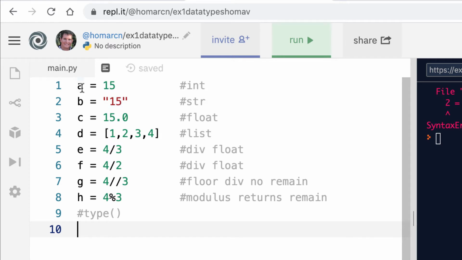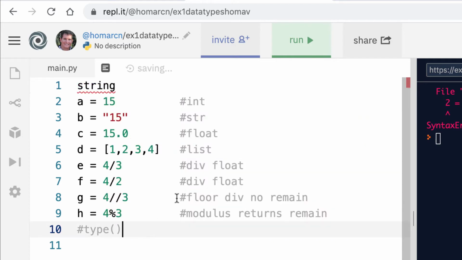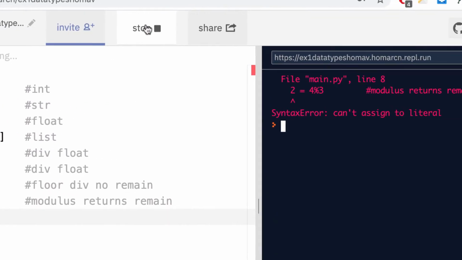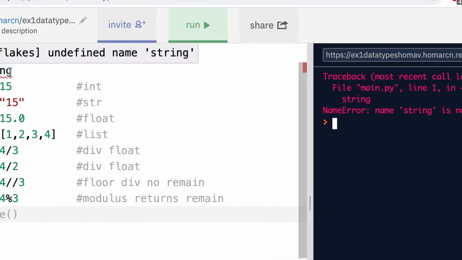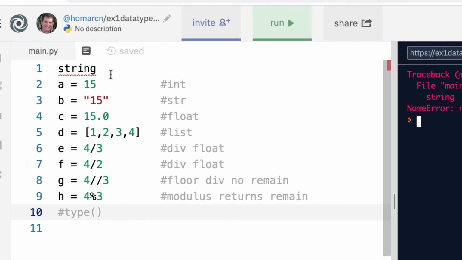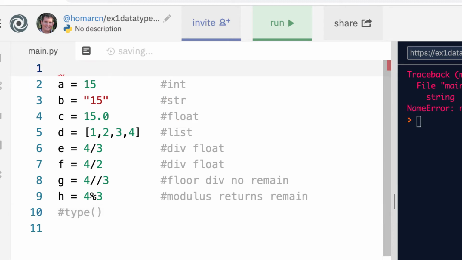And regular letters are not a string. So if you just put something here like the word string, even if I ran this, it would be looking for something. It's saying string is not defined, because when it doesn't see quotes and it just sees a word, Python thinks that it's a variable, and it's not a variable. So without quotes, it's a variable, but we're not using it right now, so we have to assign a variable,